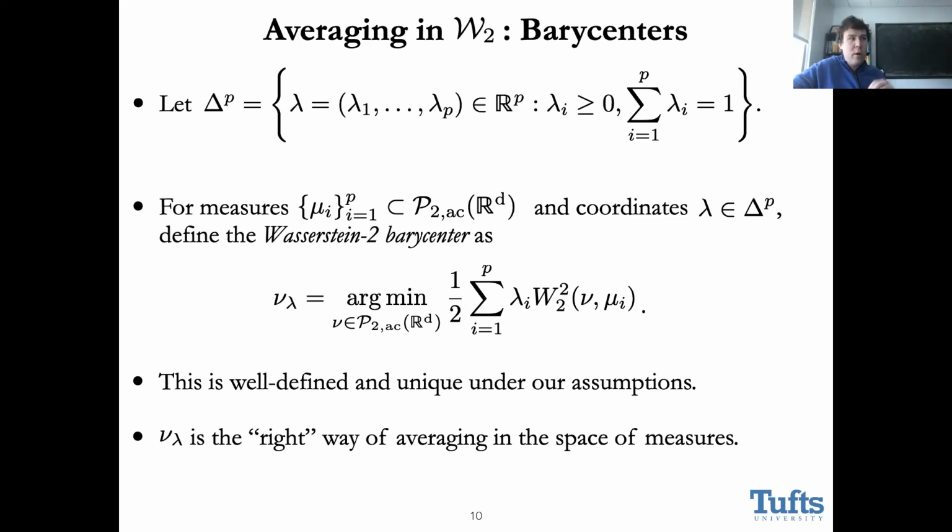And the right one, the one that we're going to work with, is the barycentric version, or Wasserstein barycenters. And what this does is it says, okay, if you give me some probability measures mu_1 through mu_p, and some weights associated to that, lambda, so these are going to live in the p-dimensional probability simplex, or I'm calling it delta_p, but it's really p minus 1 dimensional, then I'm going to define the Wasserstein 2 barycenter as the measure nu, which minimizes the average squared Wasserstein distance from the reference measures mu_i.